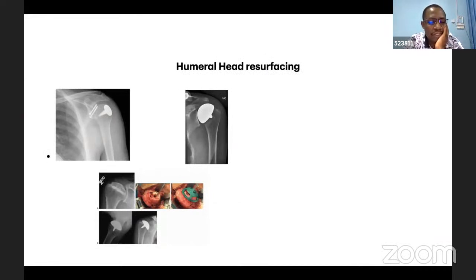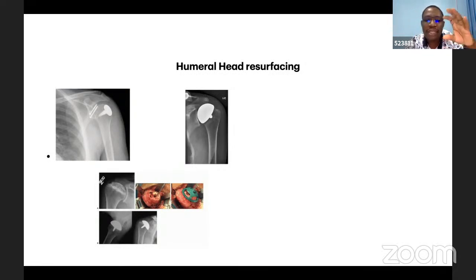Of note is just to mention the humeral head resurfacing. I think one could look at this as a kind of arthroplasty. I don't know whether to look at this as an alternative to arthroplasty, but then there is this other option where, in the usual arthroplasty, we have a stem, and then we have this where you are putting just the head, the articular part, and then we even have what is called the extended articulating surface, or the AES, extended articulating surface cap. So in this case, we prepare, like you can see in the image below, the head